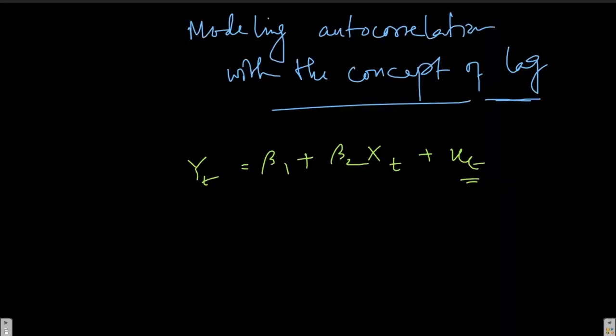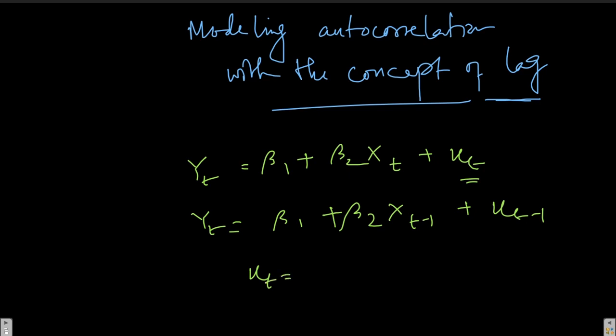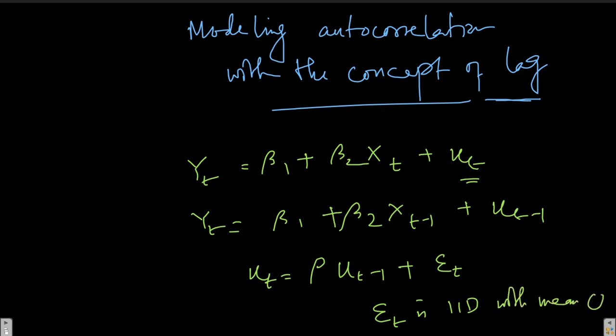Now I have my error term ut, and I said that this error term is somehow related with the previous period error term, which was ut minus 1. So I can also write yt is equal to beta 1 plus beta 2 xt minus 1 plus ut minus 1, and I'm claiming that ut and ut minus 1 are related. So then I can write down ut is equal to, let's say I use some other coefficient, rho, of course, because this is the correlation coefficient between ut and ut minus 1, times ut minus 1 plus some et. Now this et has to be IID, completely independent of all the variables. So et is IID with mean 0,